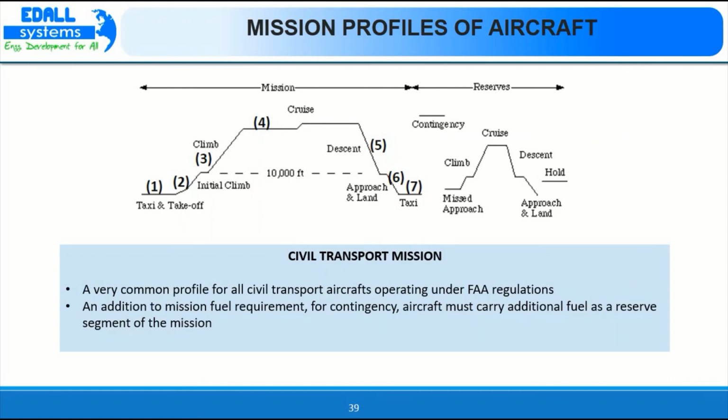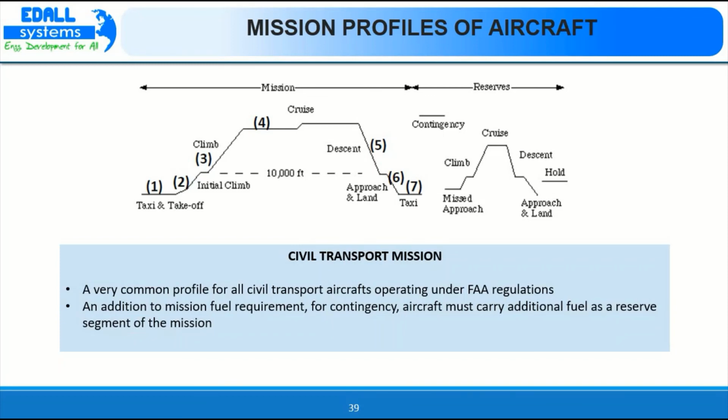The last mission profile which today we will see is civil transport missions. It is a very common profile for all civil transport aircraft operating under FAA regulations. In addition to the mission fuel requirement, for contingency, aircraft must carry additional fuel as a reserve segment for the mission. Here we see it will taxi, then take off, initial climb, then climb, cruise to a certain location, then descend, then start the approach to land, then land, and then